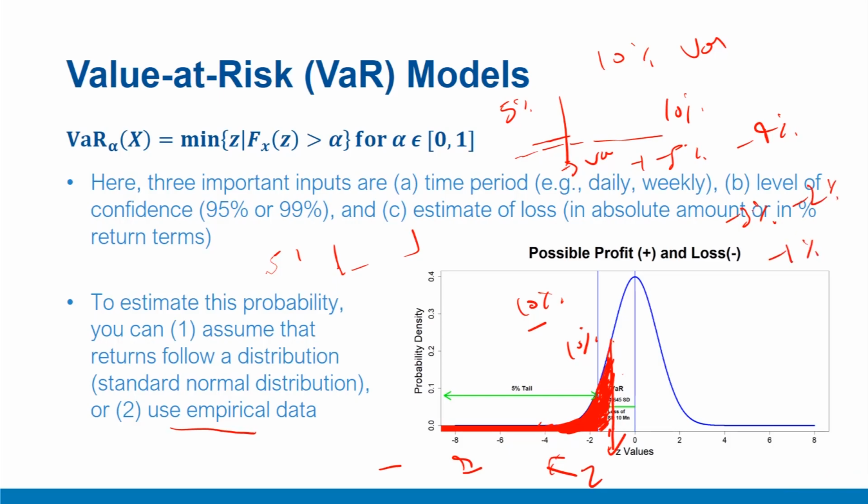Now, please note, in terms of magnitude, this 1% is the lowest. However, in terms of signed value, this is the highest. Once we cut off at this level and we have these 5 values left, then this minus 1%, which is the highest, or in terms of magnitude the lowest value, will become my VAR value.